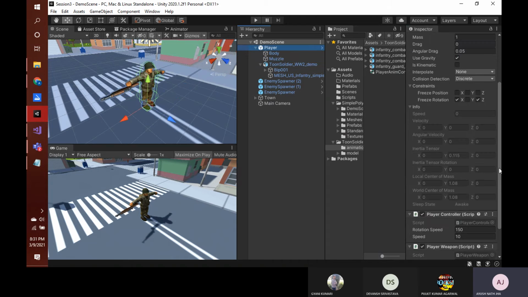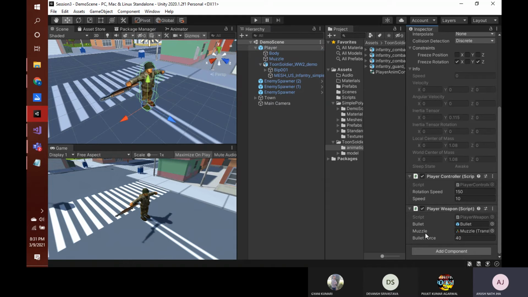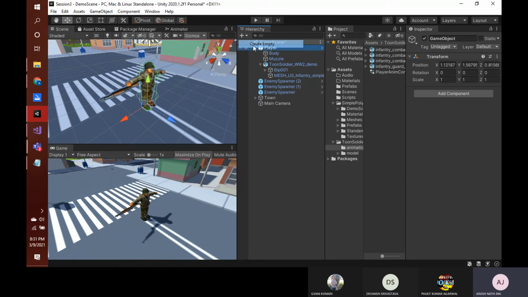Okay, so if we go to our player, you'll see that here we have this muzzle transform from where we were generating. For our player, we need to generate it somewhere here, so we need the transform of the tip of the gun. Storing the transform is pretty simple. We create an empty game object, and let's reset its position.